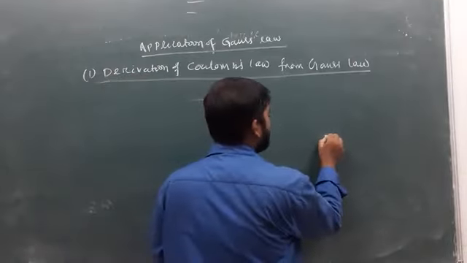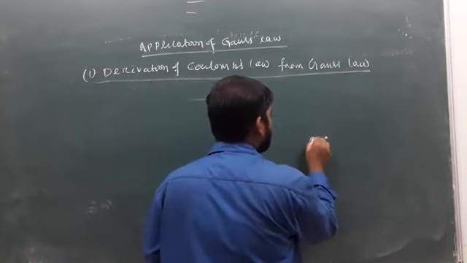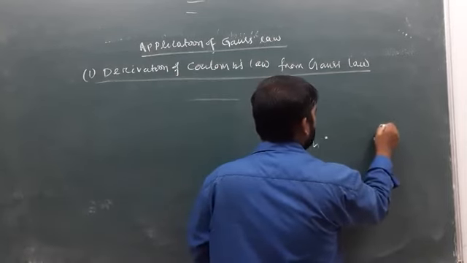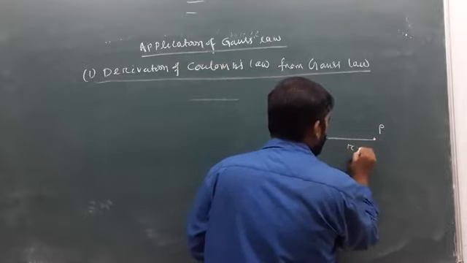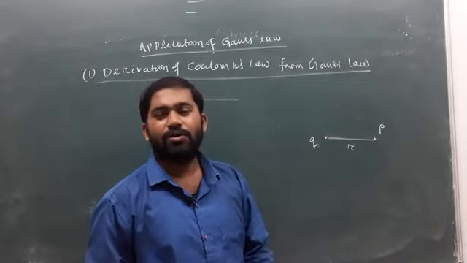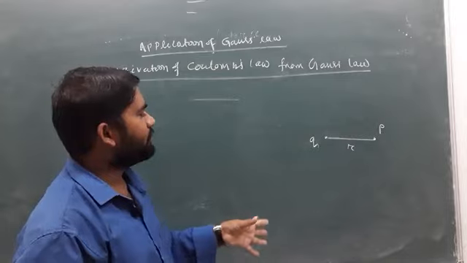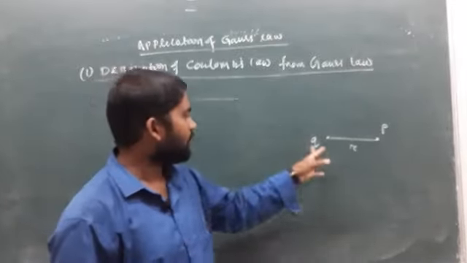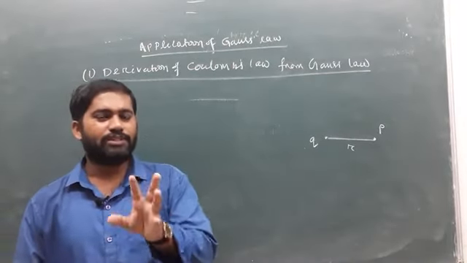So in order to evaluate Coulomb's law, suppose I consider a point charge q, and a point of observation P, which is at a distance r. To measure Coulomb's law using the Gauss law, we can draw an imaginary surface that encloses all the lines of force associated with a point charge. So the Gaussian surface